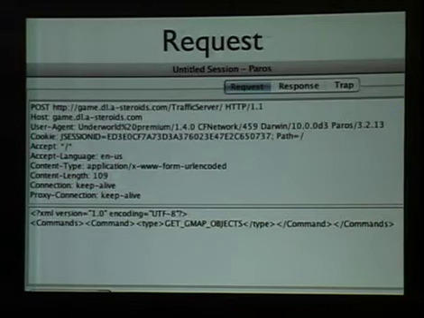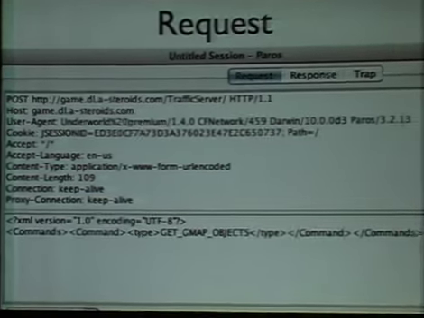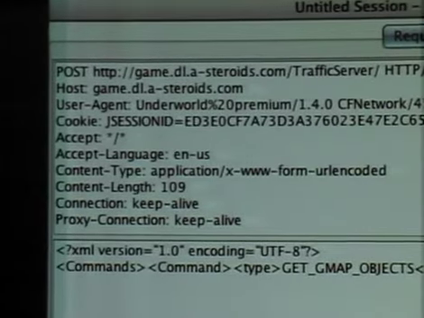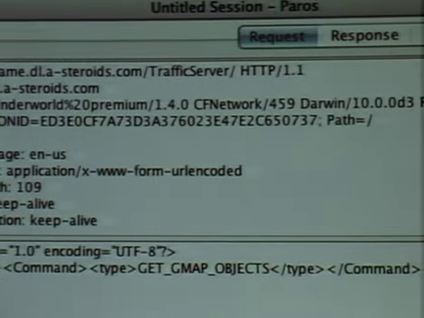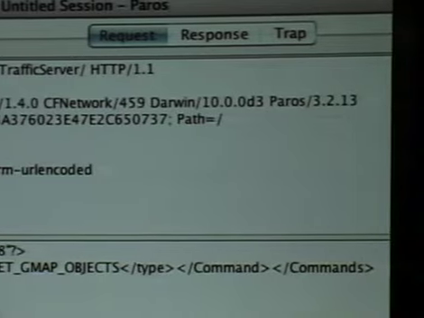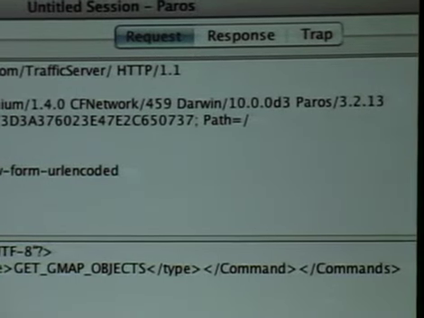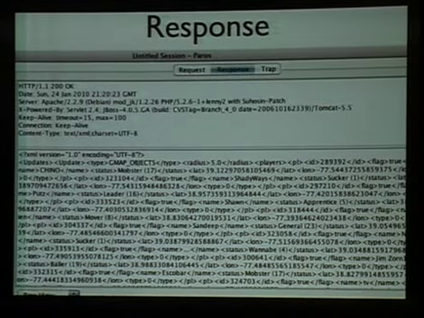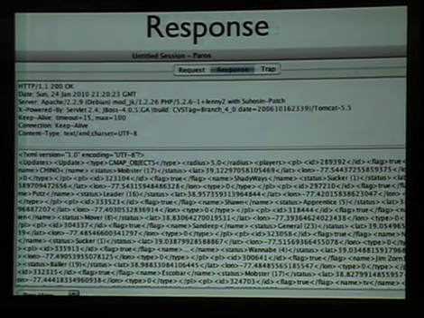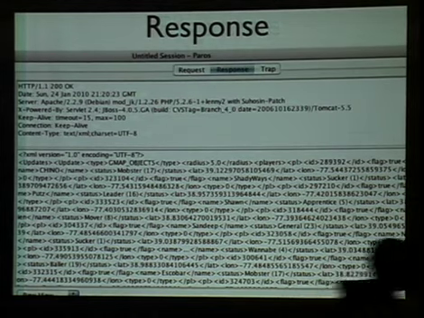This is what the request looks like when you click on the Google Maps page. So you can see that it's a POST to their game server. It has my session ID at the time. It's not persistent, you jokers. And it logs me into the server. And there's a lot of different methods that it will push over XML, update location, buy, sell things, different game operations. The one that we're interested in is getGMapObjects. When it returns the data to you, it's basically serialized XML, and all comes down in one big blob. And you can see, if you squint hard enough, GMap objects at the very top. And then if you look closely in there, there's a couple